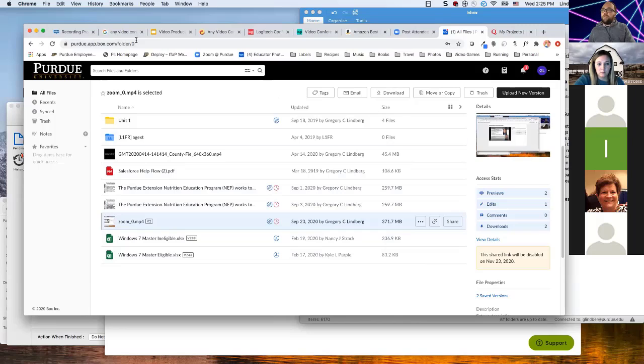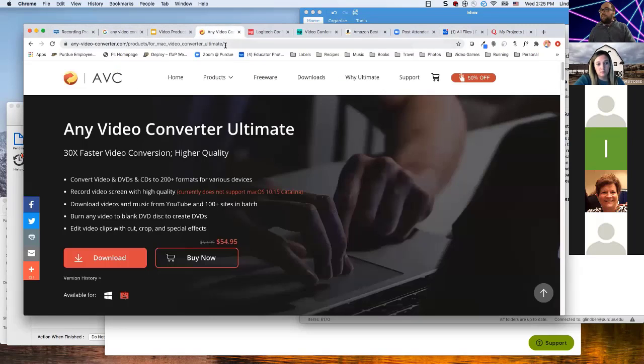Okay, so let's say you have a video that you recorded on iMovie on your Mac computer, and you export that video and it's a .mov. Well, you're having trouble now. You can't edit it in Camtasia, or you just need it to be converted to an MP4 so that it's more flexible in YouTube and other things. There are a lot of video converters out there. This is one that I'm going to recommend, and the links and the things that I show today will all be packaged as links, and we're going to be putting those on that video production page on the hub. So you will see all these again and be able to access them fairly easily.